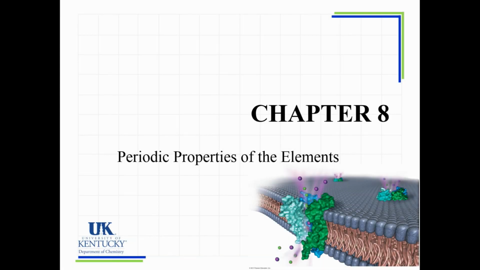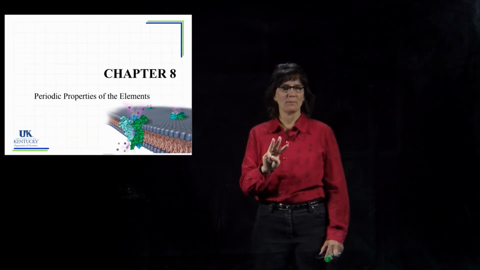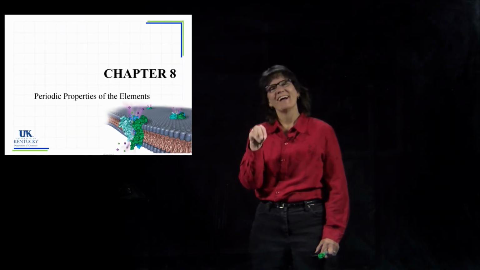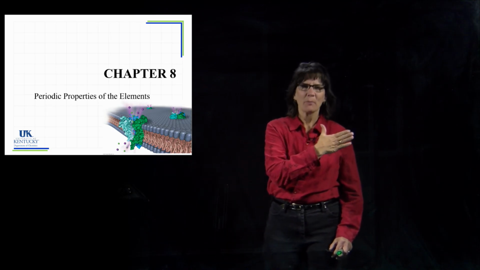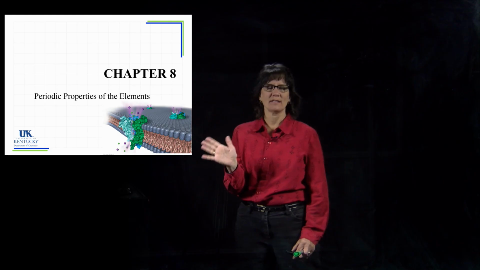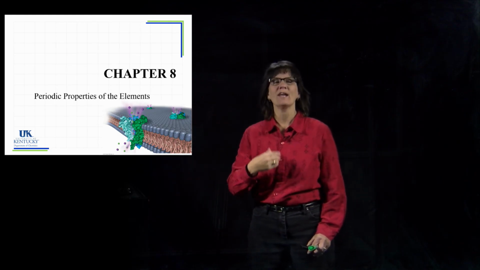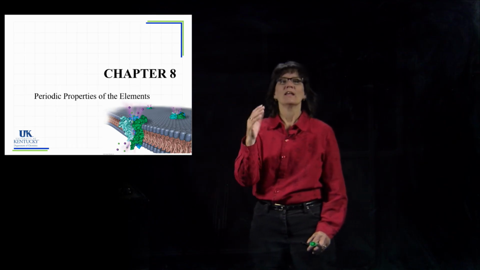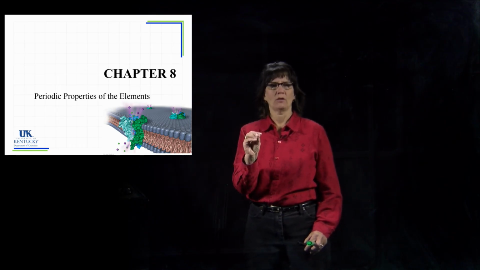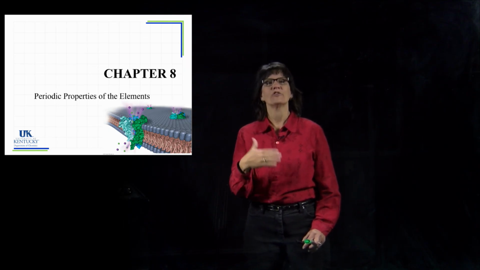So now that we have looked at the three quantum numbers, N, L, and M sub L, and those are assigned to electrons to tell us where it lives, we're ready to give a place for all the electrons in an atom. And after we do that, we're going to see what kind of information that can give us about the atom. The electron configuration, how those electrons are laid out in an atom, tells us the properties